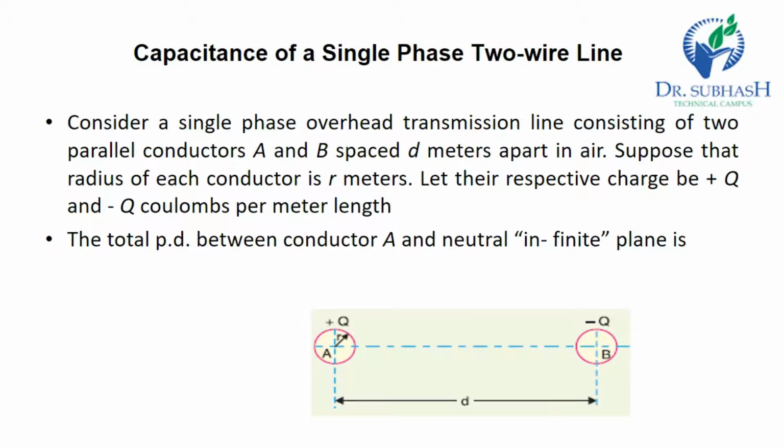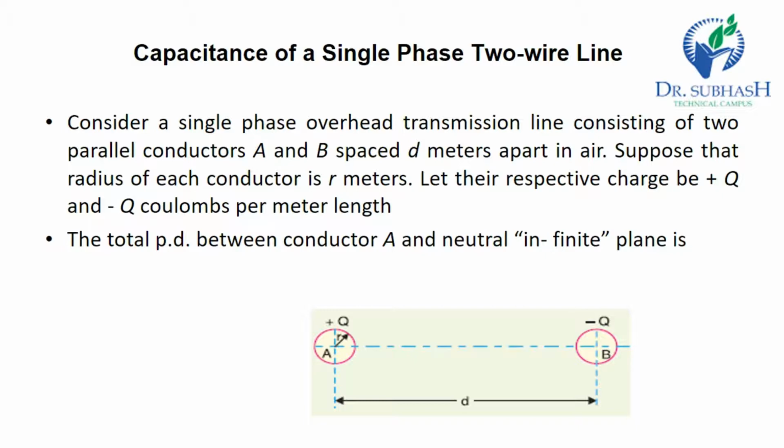Now we find the capacitance of a single phase two wire line. Consider a single phase overhead line consisting of two parallel conductors, conductor A and conductor B, spaced d meters apart in air. Suppose the radius of each conductor is r meters. Let the respective charges on them be plus q and minus q. The total potential difference between them,